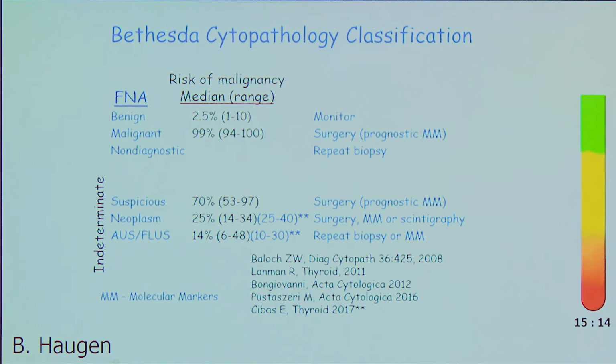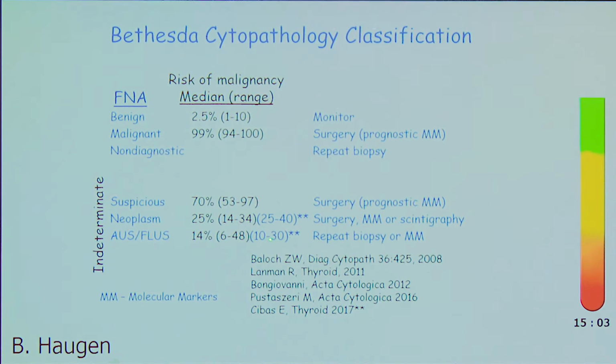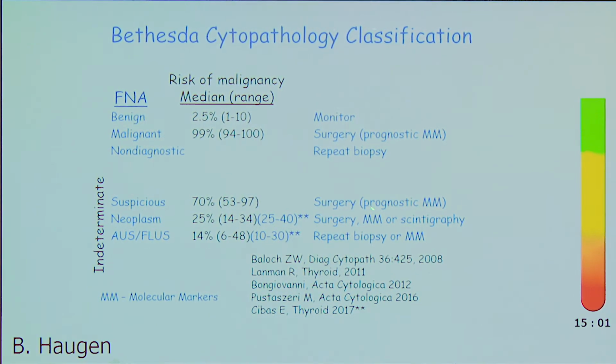We see here suspicious really is a higher risk of malignancy, follicular neoplasm, this range, AUS plus here, and this is the revised version, kind of the estimated ranges they have, and sort of what you can do to change the management based on these